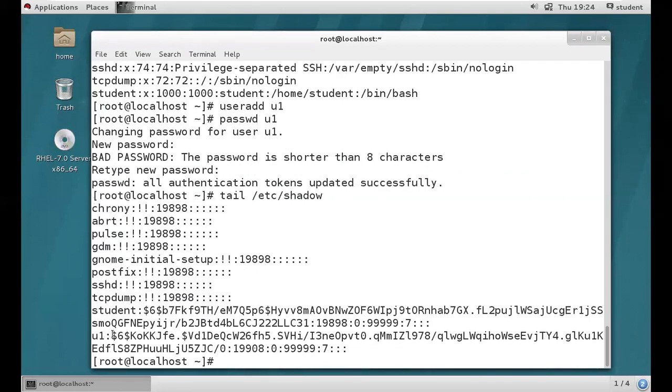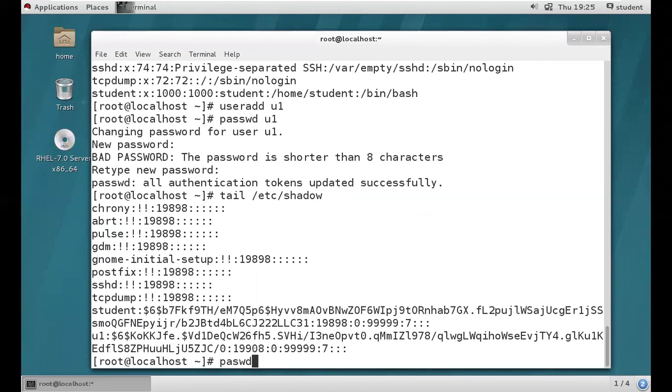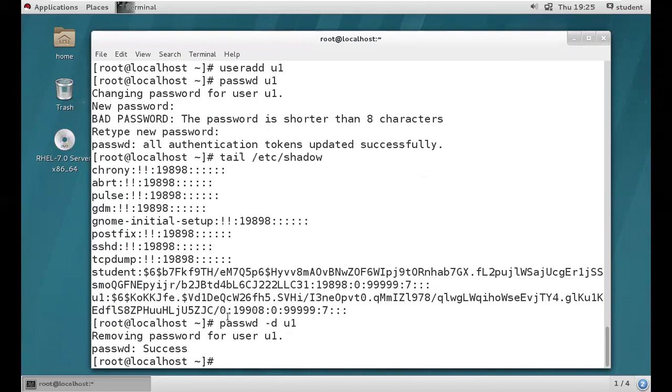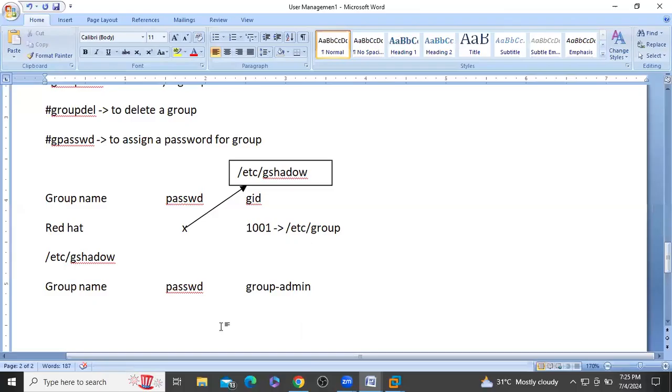So we have the password for U1, right? Then how to remove the password from U1? passwd is the command, -d, then U1. See, password removed successfully. Let's verify tail /etc/shadow. There is no password for U1 now. So like this, you can assign and remove the password for groups and users.